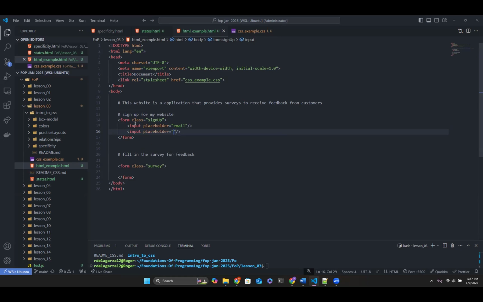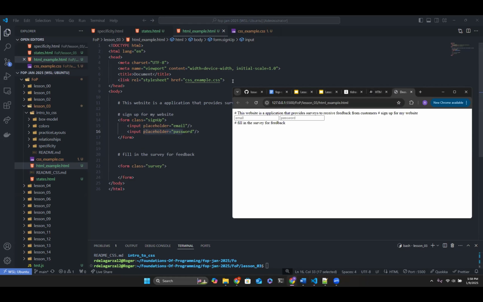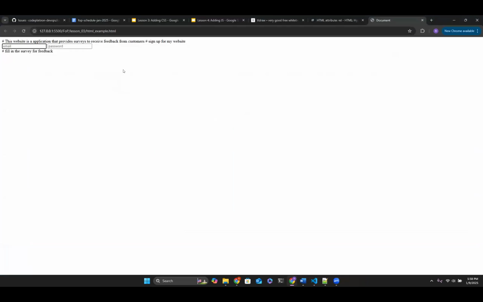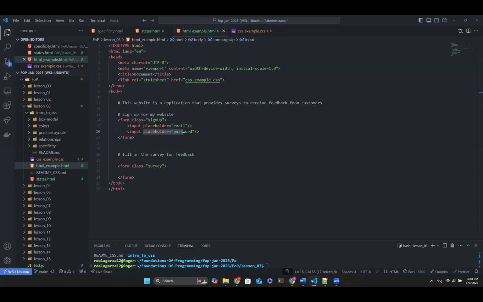And this attribute on an input tag is called a placeholder. If you've ever seen an input box that has some text in it already, but it's grayed out, well, that's done by this attribute right here called placeholder. We see here that email is grayed out within it, and I can add text in there, and it removes that grayed out text. So that's how that's done, if you guys ever wondered. So right here, this is where my sign up form is at.